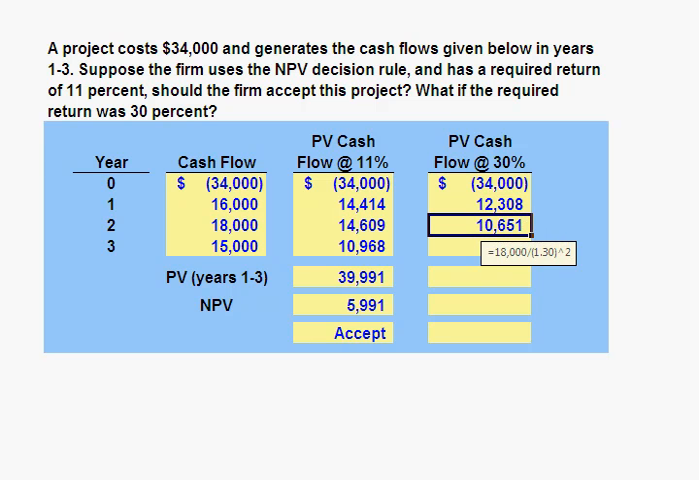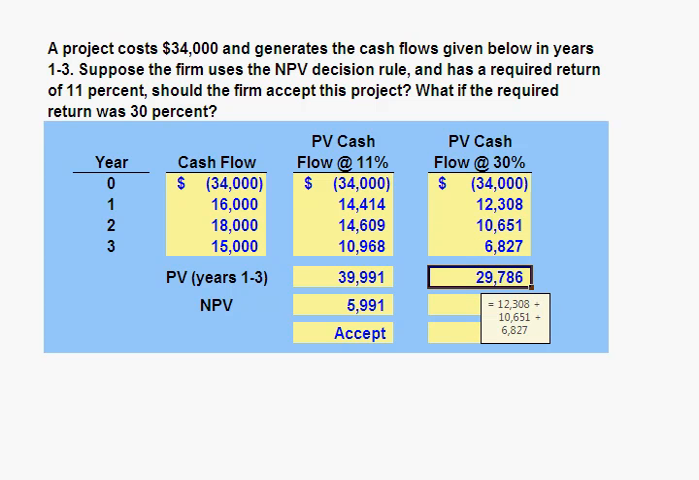The $18,000 we receive in year 2 will be discounted back at 30% for 2 periods and has a present value of $10,651. The $15,000 we receive in year 3 will be discounted back at 30% for 3 periods and has a present value of $6,827. Again, we sum the present value of the cash flows in years 1 through 3 and find a present value of